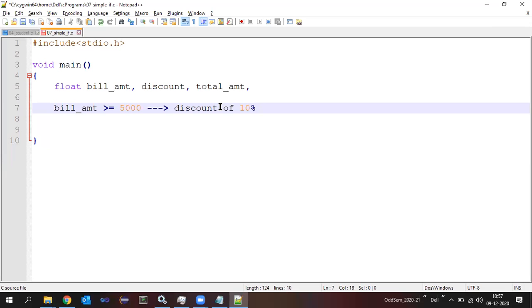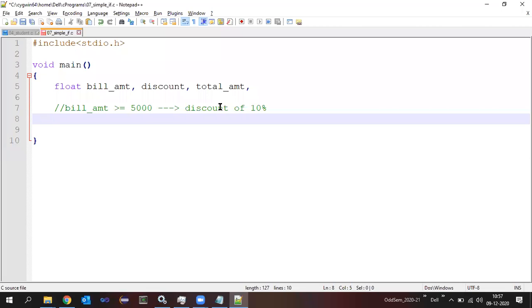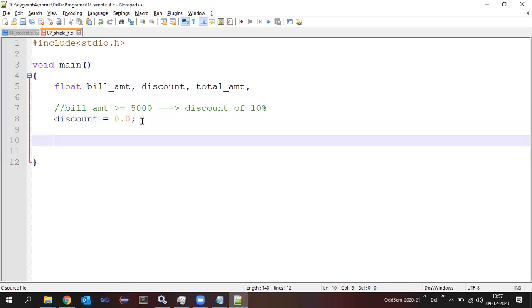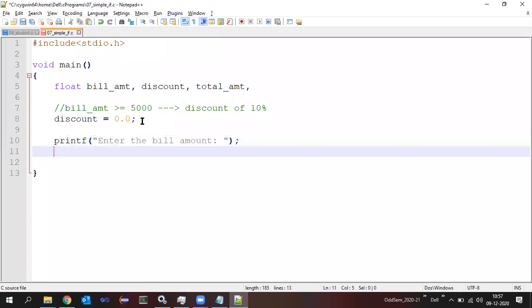So let us try to simulate that particular situation in this program. Assume that initially the discount is 0.0 itself. Why 0.0? I have taken it to be a floating point number. So initially I will set that discount to be 0.0. Then I will ask the user with a print statement: printf, enter the bill amount. Then